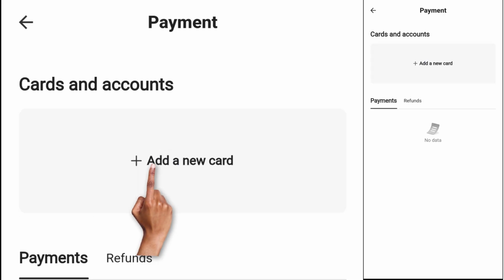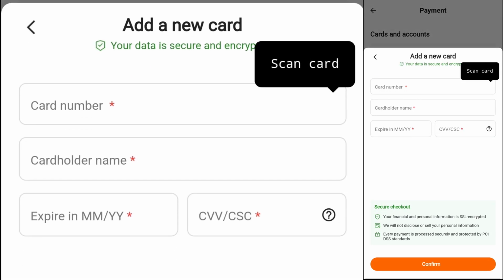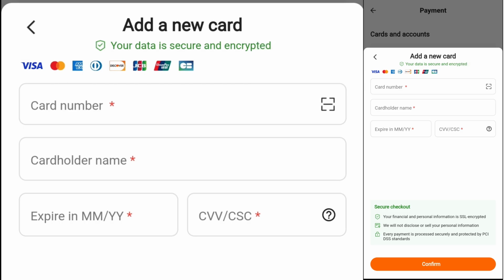Here is where you enter the card details of the MasterCard that I'm going to show you how to create